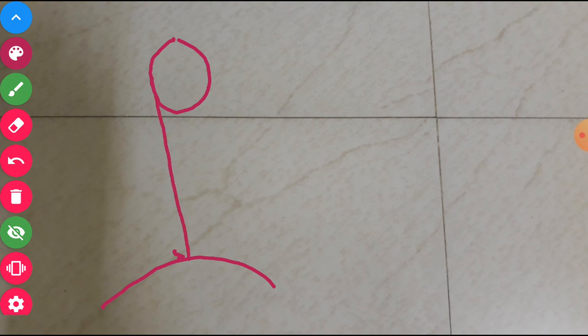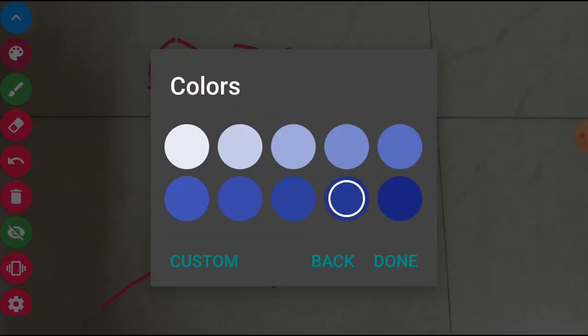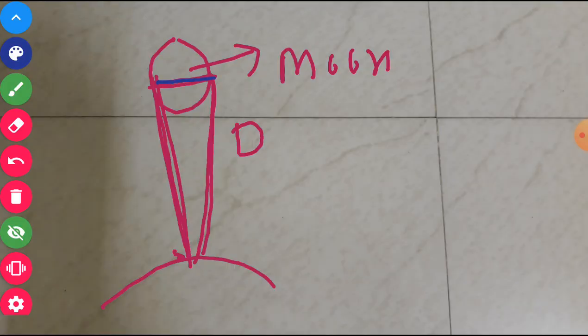Now this way you can see the two edges of the planet. Say you consider this as the moon. On a full moon day you keep your telescope on one side of the moon, and you keep the telescope on the other side of the moon. Now if distance D is known to you, you want to find out the size. Size means its diameter you want to calculate. Say you want to calculate the diameter of the moon.